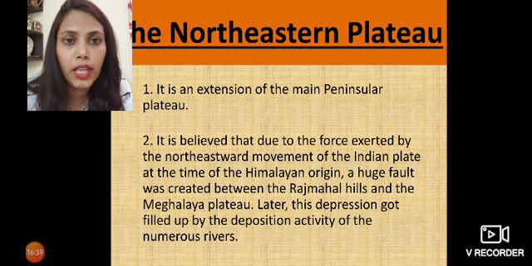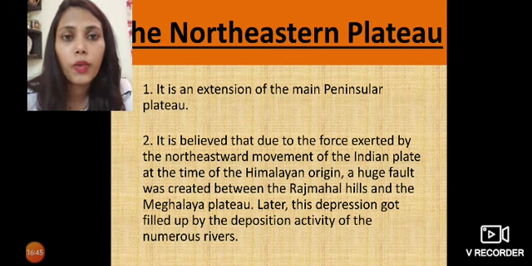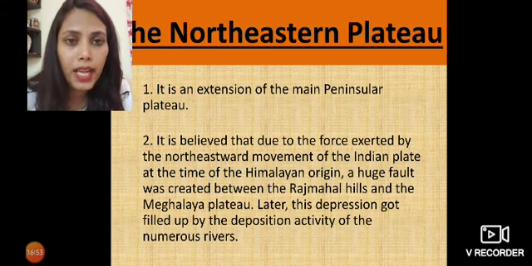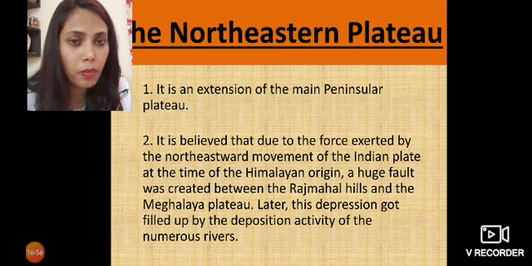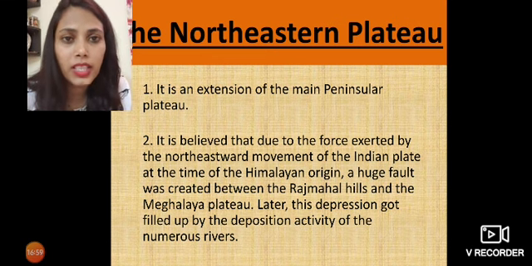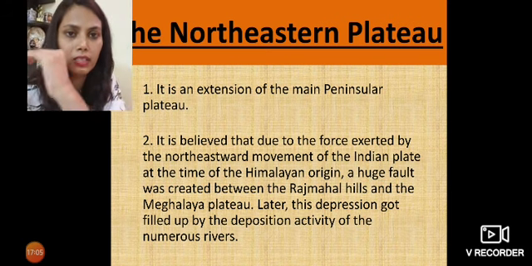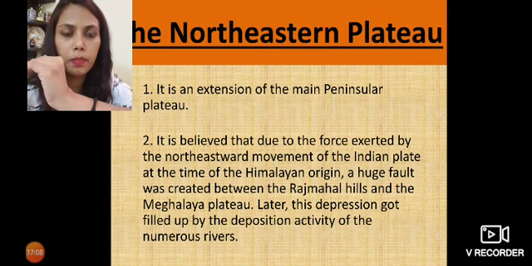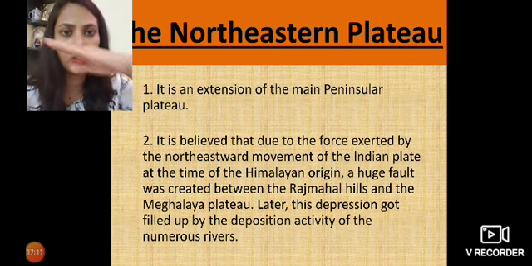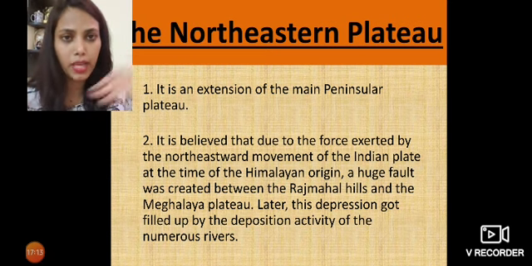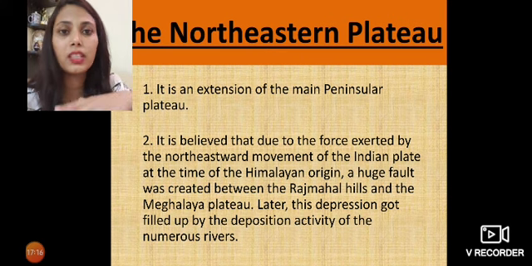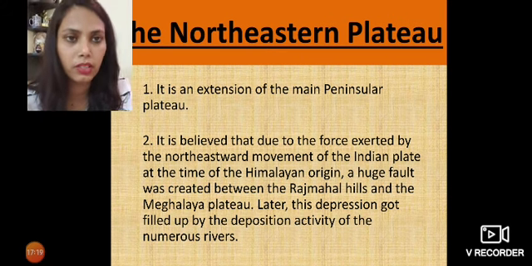So basically, like I have told you to remember all the states of India, so things become easier, clearer for you. Where you have Chhattisgarh, Jharkhand, that side we have the Rajmahal Hills. And Meghalaya Plateau is in Meghalaya. So in the middle we have West Bengal, Bangladesh. So that fault was created when the Himalayas were being formed. So this rift was filled by, suppose this high part is Himalaya. Okay, this is the plain region. And this side again is a high part. So this is Rajmahal Hills, this side is Meghalaya Plateau, and in the middle there is a depression that is filled by the deposits or the soil brought by rivers.